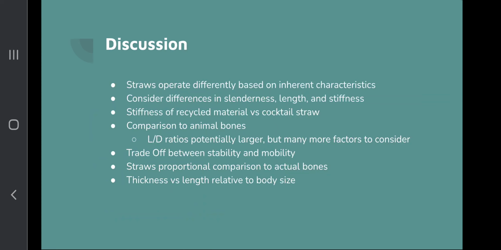Now, if we take, say, a kangaroo rat and compare it to an elephant, we can see that the kangaroo rat bones are longer compared to body size than the elephant's. But the elephant has much thicker bones. They're also living two completely different lifestyles. One is much less mobile than the other. The kangaroo rat needs to stay moving, whereas the elephant is able to move at a much slower pace, but it has to be able to maintain that